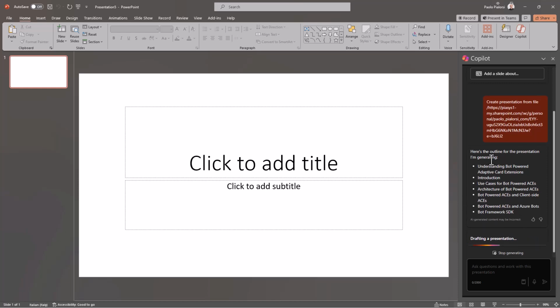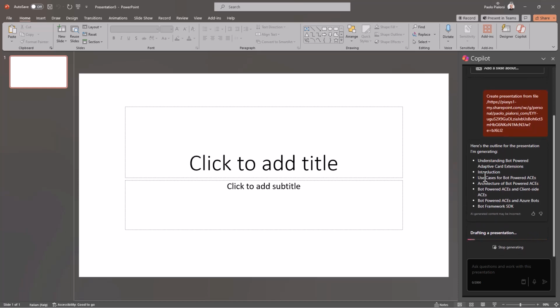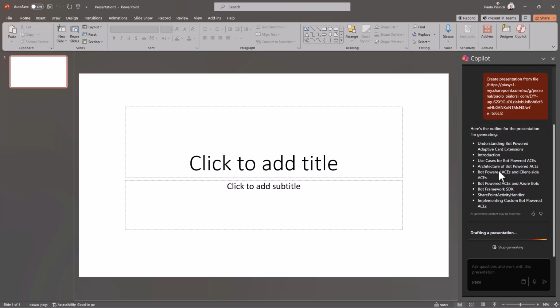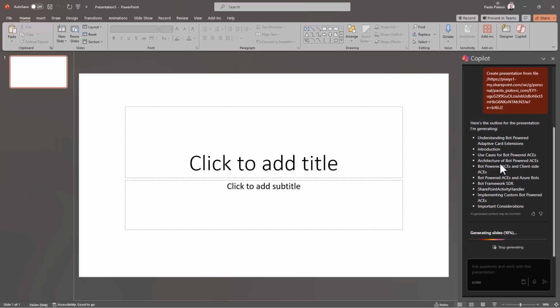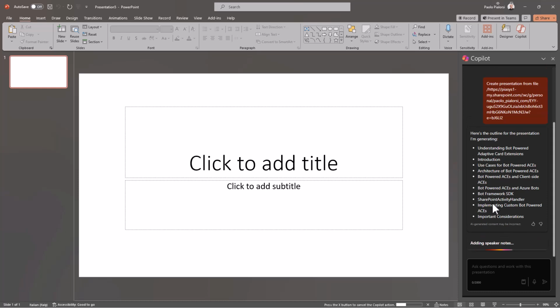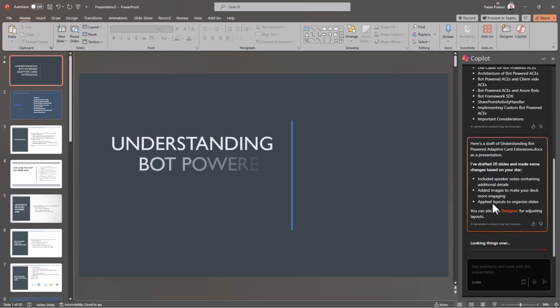As you can see now, it is going to generate a set of slides about all of the topics which are covered in the document that I provided. And once it will be done, I will have the generation of all of the slides, as you can see right here. And when the slides will be ready, I will have a presentation based on the Word document. It takes a while, but imagine how much time you might use to do that manually rather than using a tool like Copilot. Now, in something like 1 minute or maybe less, we are getting a whole presentation about the